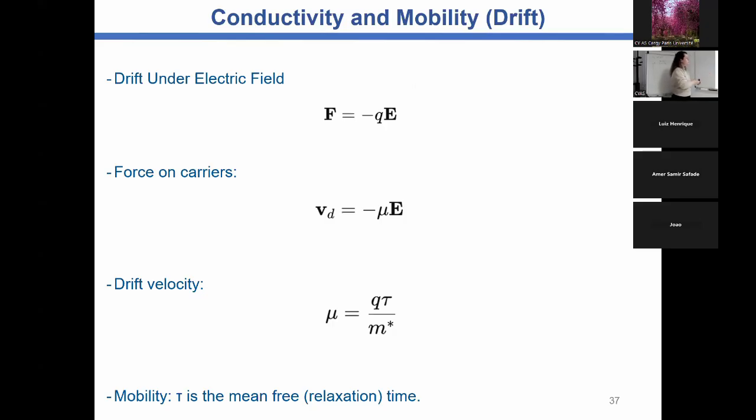So in terms of it, we must know the mobility of these carriers, and the mobility of the carrier can be measured using two kinds of